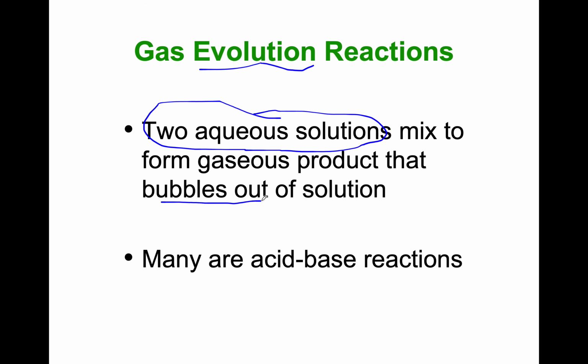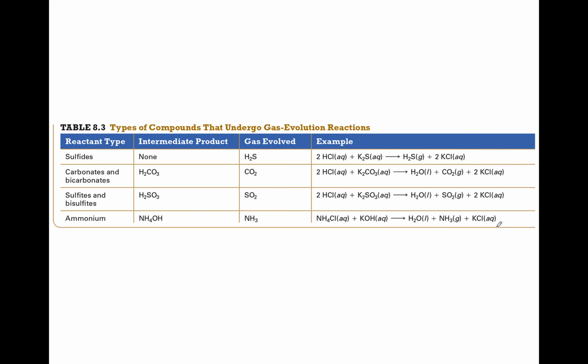The most confusing part is students will just look and say, well, there's a gas for the product. That must be gas evolution. No, it's got to come from two aqueous solutions. So this happens. Acid-base reactions can do this, but we've also seen this before in lab, this gas that evolves. So hydrochloric acid, potassium sulfide, that gives our hydrosulfuric acid, this hydrogen sulfide gas. Okay, so that's H2S gas. This is CO2, SO2, and ammonia. So you can see these gases